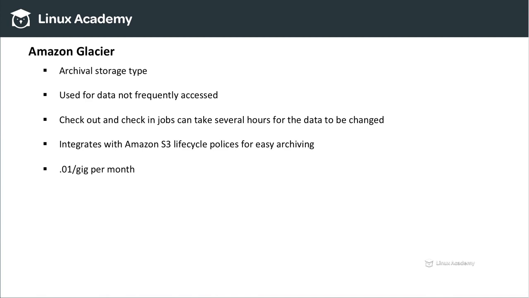Versus Glacier, we have to check in and check out jobs, which can take up to a day. So if we need to store data for 10 years for financial reporting purposes, but it doesn't need to be easily accessible, we would use Amazon Glacier. So that integrates heavily with Amazon S3 lifecycle policies, and we'll take a look at that hands-on more in our